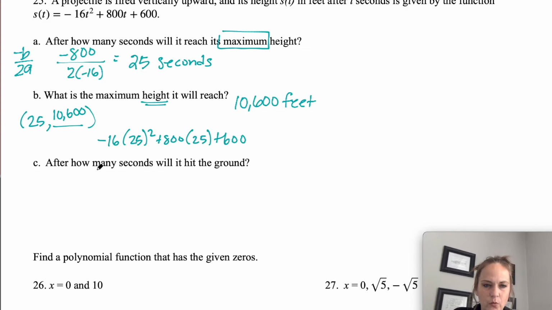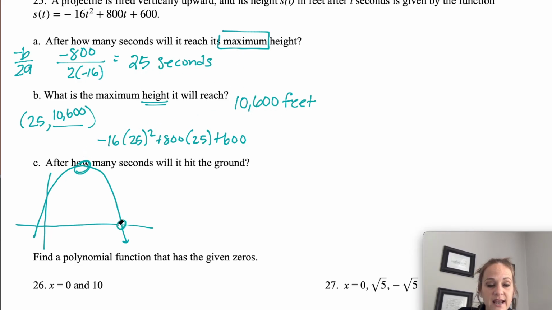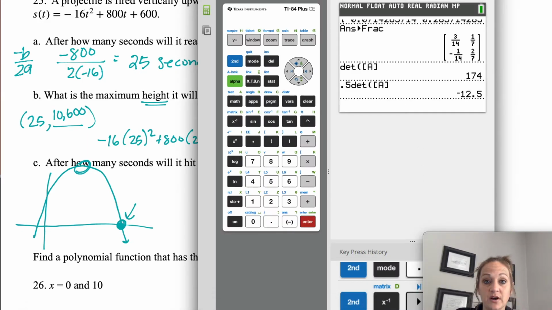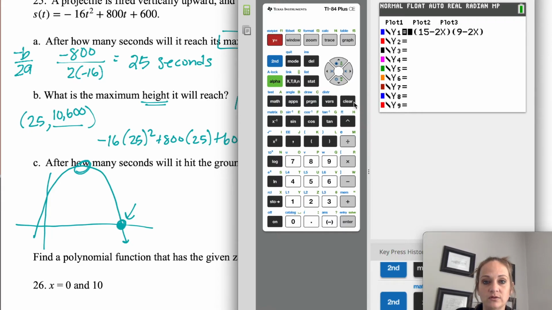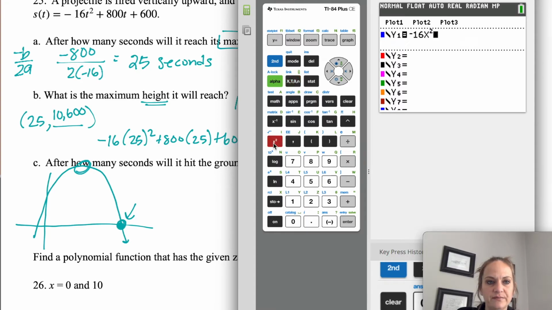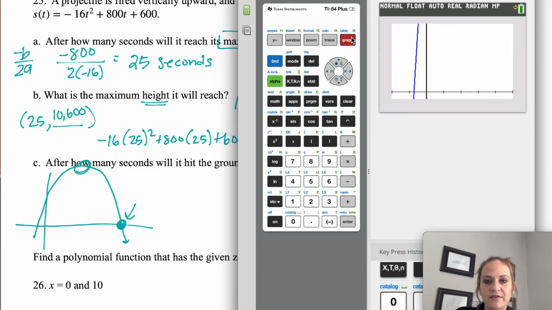Now, after how many seconds will it hit the ground? So if we were to graph this, it's going to be going up, and then eventually it's going to be going back down. Obviously, the top up here is where we found our max height. They want to now know, when is it going to hit the ground? So in this case, I'm actually going to use the calculator for this part. So I'm going to go to my y equals, and this is negative 16x squared plus 800x plus 600. And if I graph this,